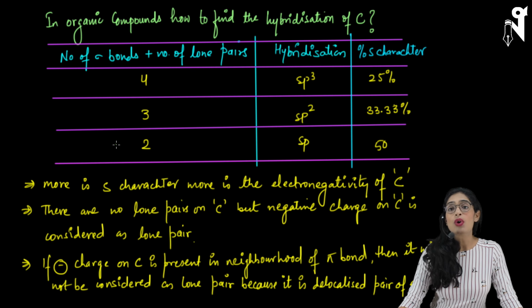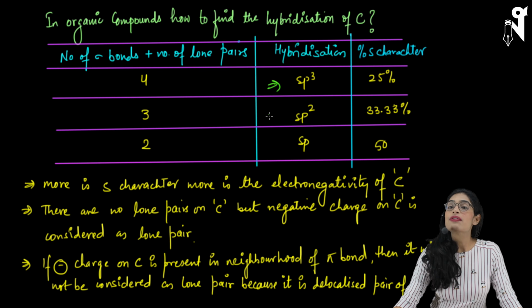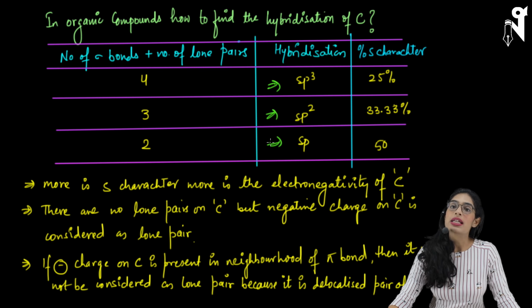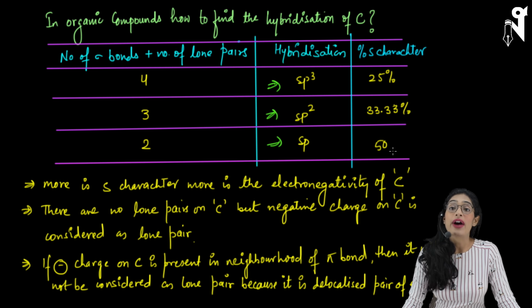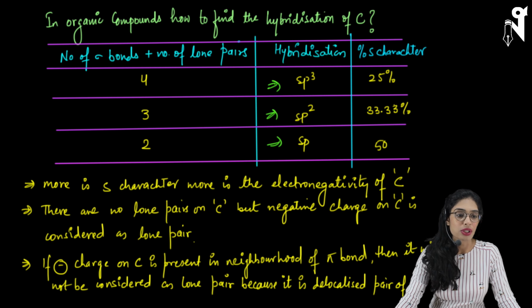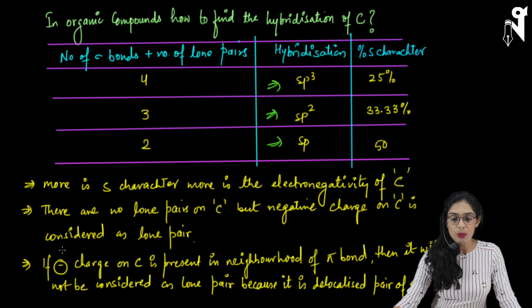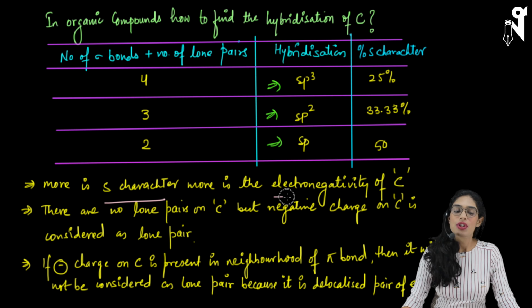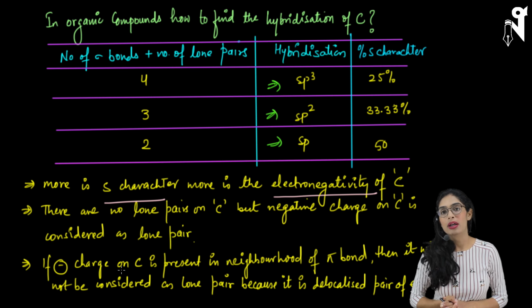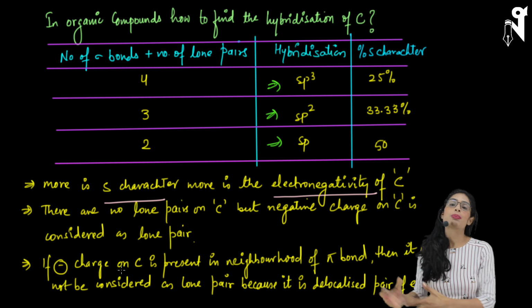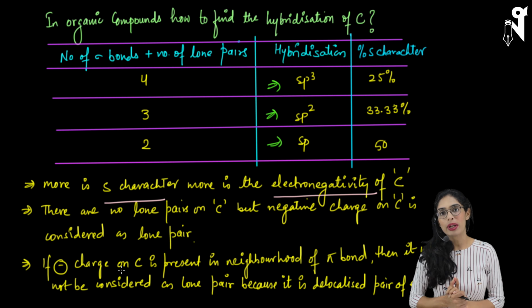Okay, so here we have got to understand that depending upon the hybridization, the electronegativity of the carbon changes. The more the s character, the more will be the electronegativity. How to find out the hybridization, that also we have learned just now. So this point is clear to us that more s character means more electronegativity of the carbon. Mind it, in general, carbon doesn't have any lone pair. Carbon tends to form single bond, double bond, triple bond, but carbon doesn't carry any lone pair on it.